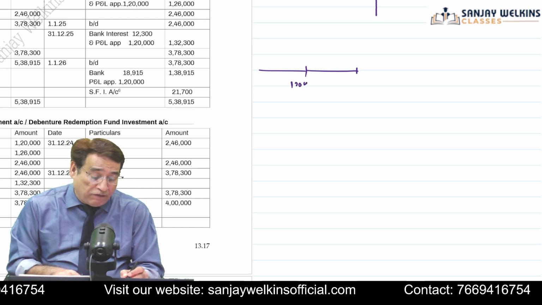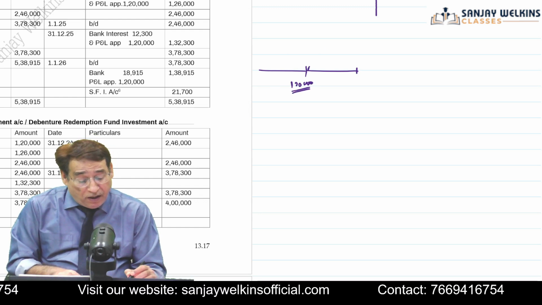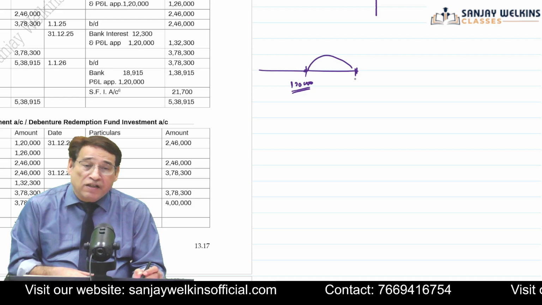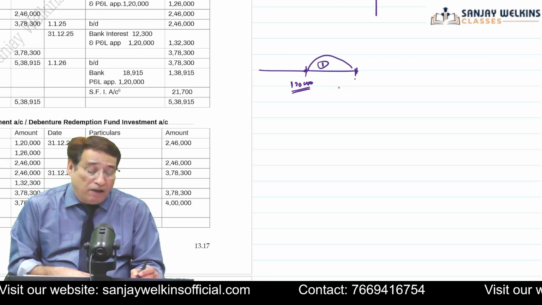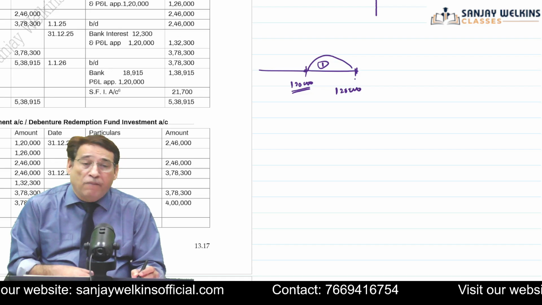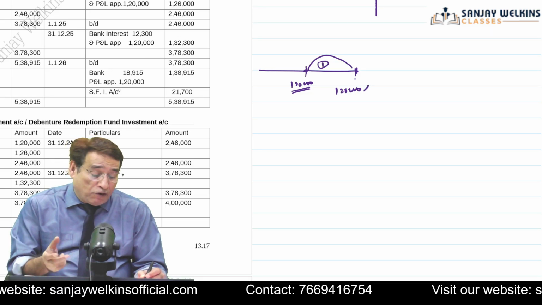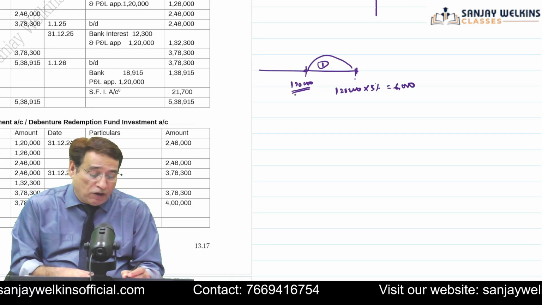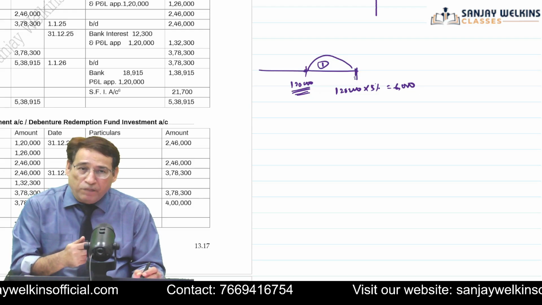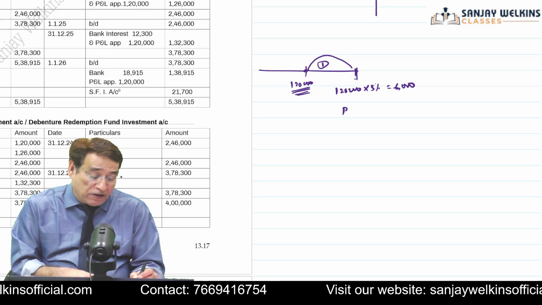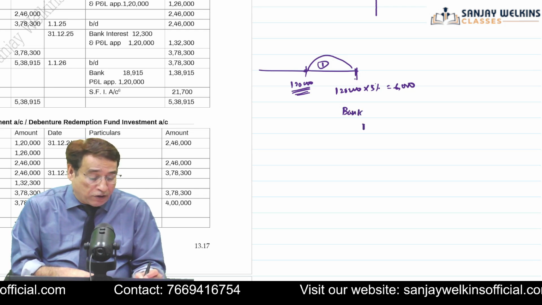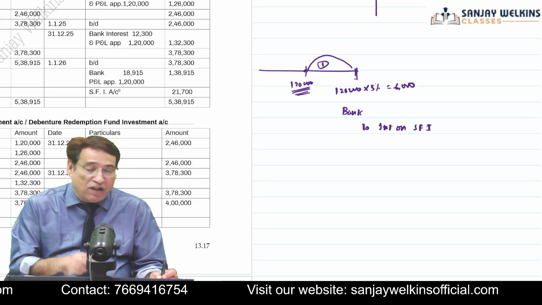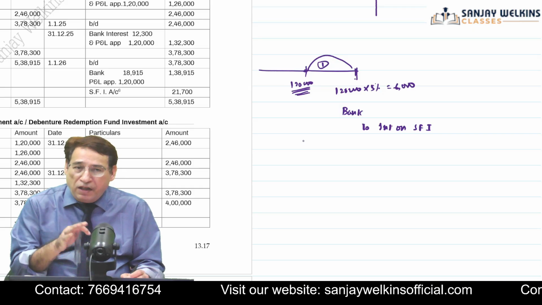At the end of the first year, we made an investment of 1,20,000. So quite obviously, from this point, the end of the first year to the second year, 1 year period has gone by. So the first thing I am going to do is compute the amount of interest. As I have already told you, the rate of interest is given in the question as 5%. So now on your investment, you are going to receive interest at the end of the second year. And when you receive the interest, generally the entry is bank account debit to interest on sinking fund investment account. Bank account debit to interest on sinking fund investment account.